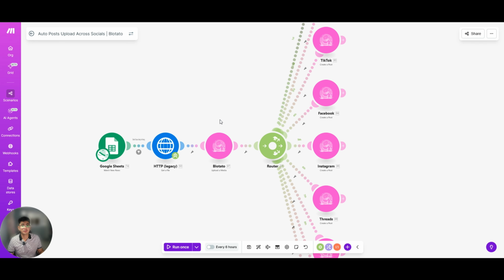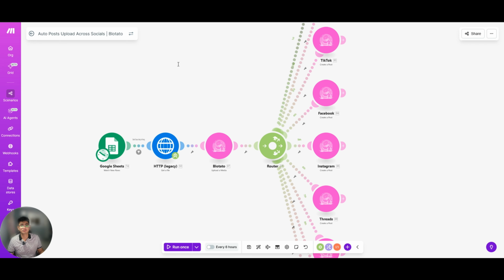This Make scenario takes the finished media, uploads it to Blotato, which is where all social accounts are centrally connected and managed. And from there, it automatically publishes to TikTok, Instagram, Facebook, Threads, Twitter, Bluesky, Pinterest, LinkedIn, and even YouTube. So let me show you the scenario end to end and what happens the moment a new video hits that folder.